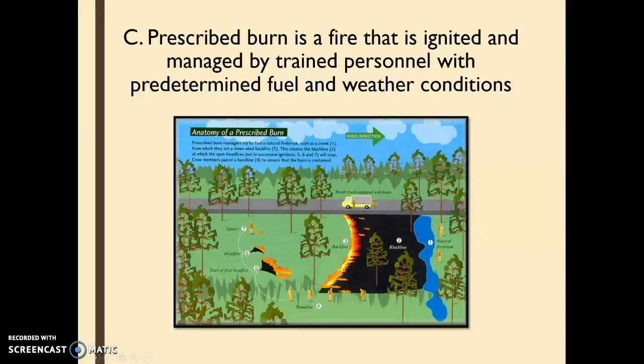Prescribed burn is a fire that's ignited and managed by trained personnel with predetermined fuel and weather conditions. And again, this chart shows you the anatomy of a prescribed burn, where it's ignited, where the head fire is. There's tons of technicalities to fighting a forest fire, but the basic of this is that to create a managed forest, prescribed burn is one of the techniques, but it has to be done safely and it has to be